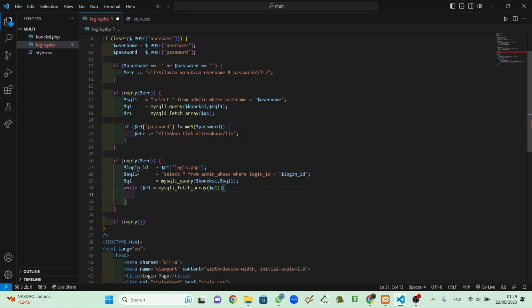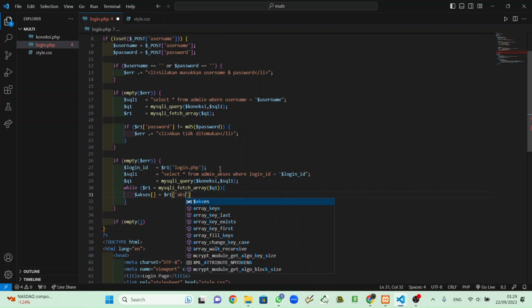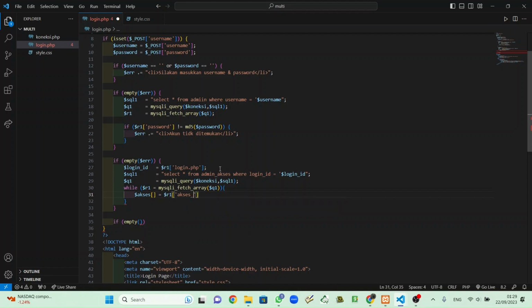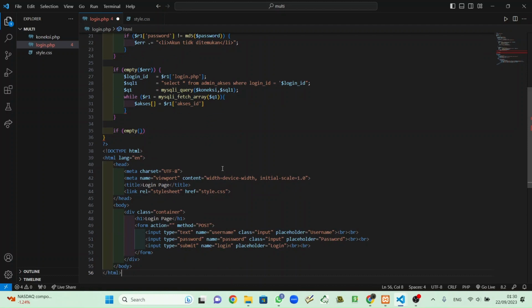So okay. While access square text R1, R1 is with access ID, and close with semicolon. Yeah, close with semicolon, and after that